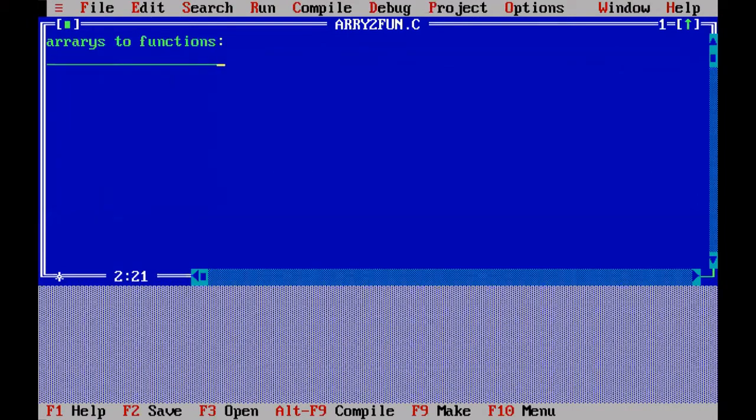In earlier examples, in pass by value and pass by reference, we discussed how to pass one value, an integer value or character value, a single variable, from the calling function to the called function.